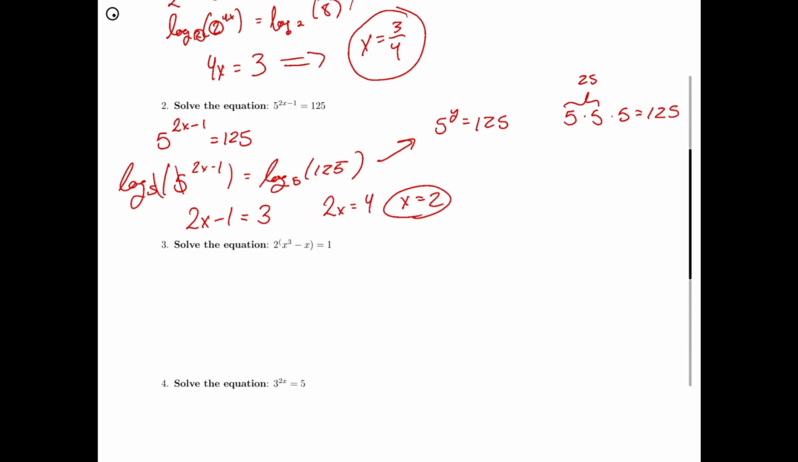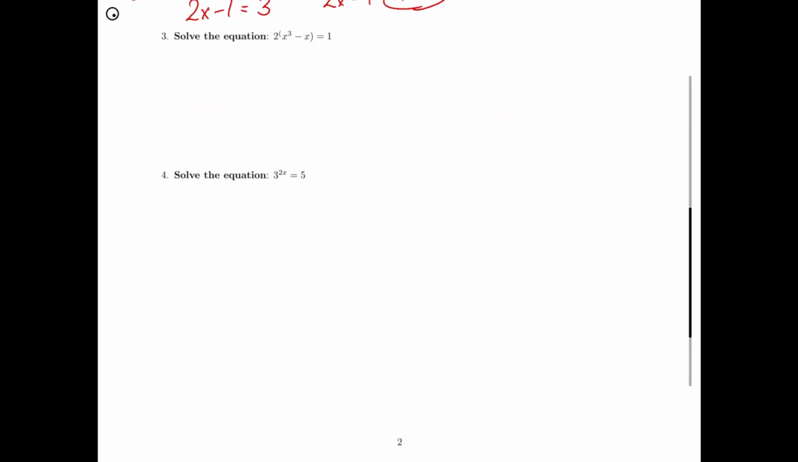Okay. Let's go on to number 3. This is a typo. Hopefully it's kind of clear what I'm trying to ask here. I'm saying that 2 to the x cubed minus x equals 1. Sort of a little parenthesis mistake there. Again, we are just sticking to everything we've done so far. So I want to take the logarithm that's going to get those x's outside of that 2. So I take log base 2